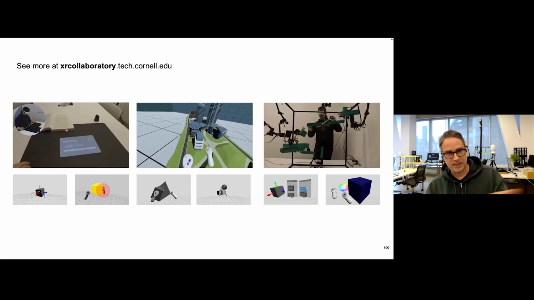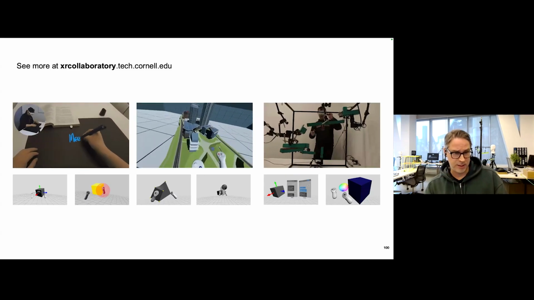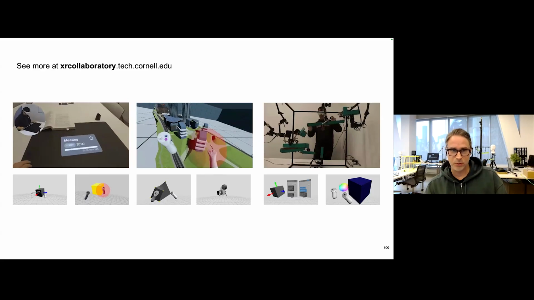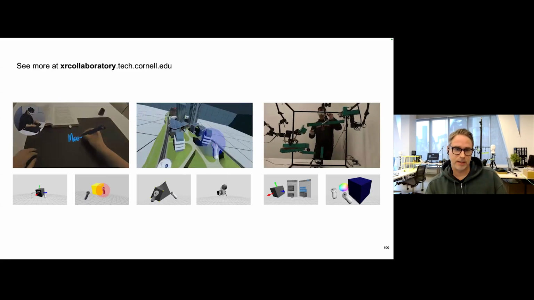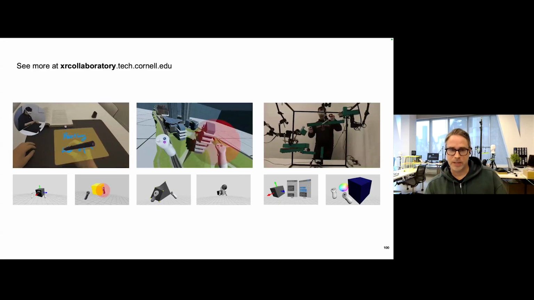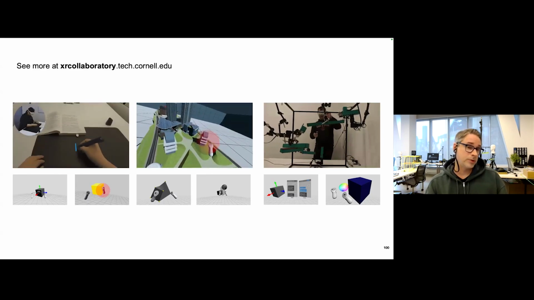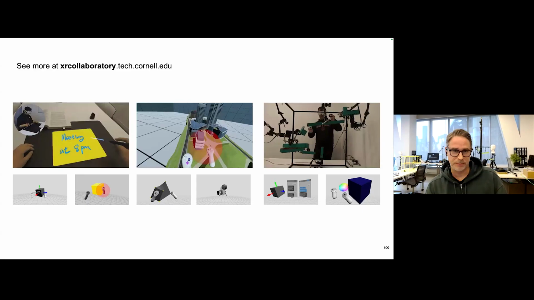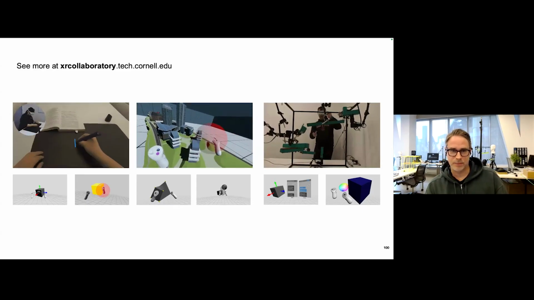And then finally, the last layer that you see there represents our crown jewel, which is the XRC toolkit. That is our own infrastructure of packages that enables us to do this kind of rapid prototyping. So we put a lot of effort into both software engineering and design and rapid prototyping. I'm looking forward to answering any questions you might have about our work.